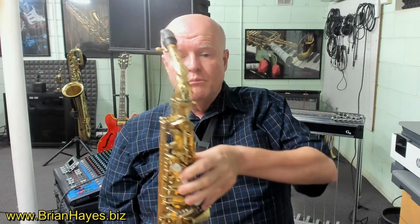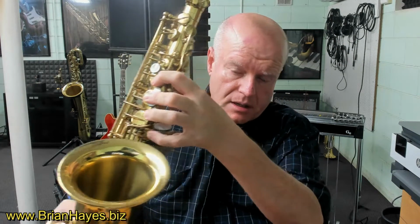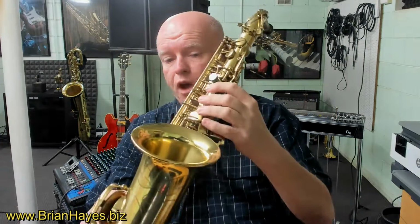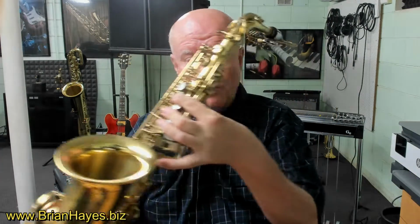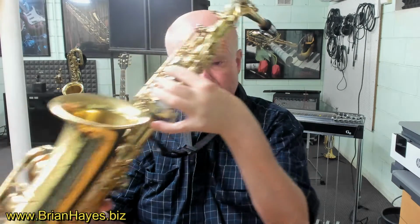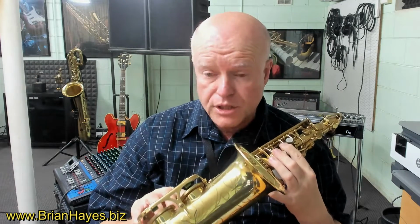If we then move our finger across to the inside of those left-hand little finger table keys, that turns low C into low B. And finally, if we drop our finger down to hit the lowest of those table keys, the big long key there, that turns low C into low B flat, the lowest note possible on the saxophone,